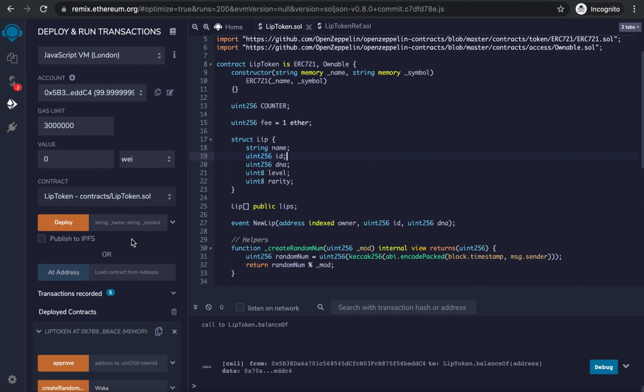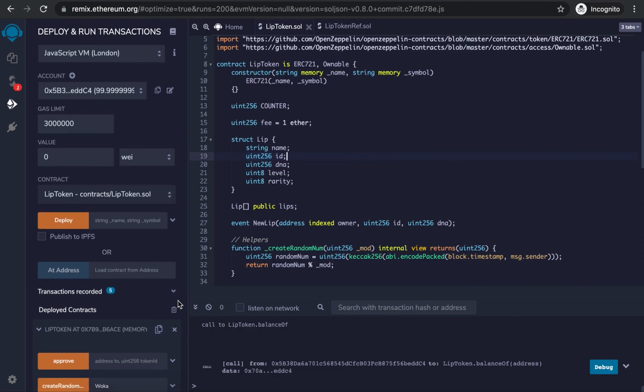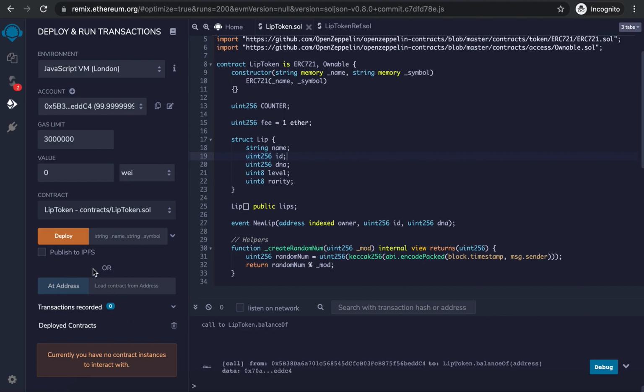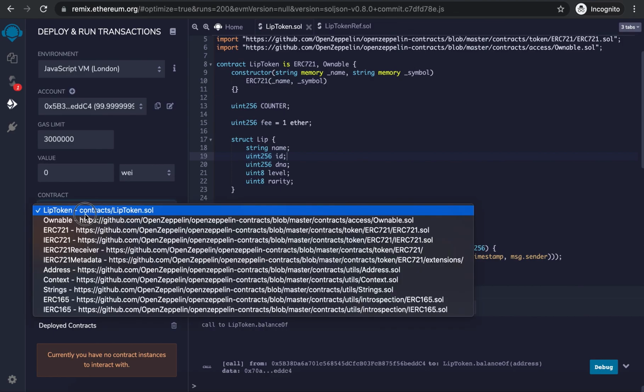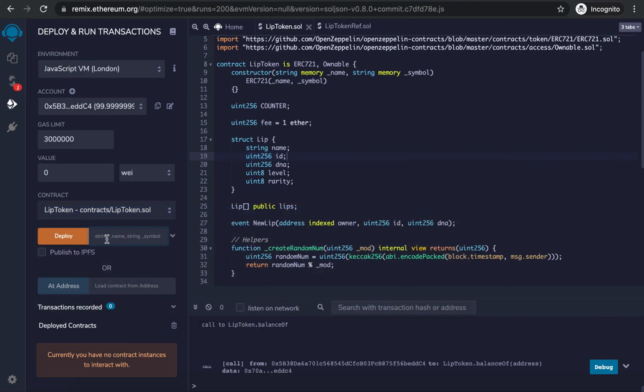So the next step is to actually deploy this. So let's clear out our previous deploys down there, and let's go and select our smart contract. Let's call this lips token, and we're just going to call this lips for the symbol. We're going to hit deploy. As soon as we deploy it, we can see that it was successful down here, and we have our contract